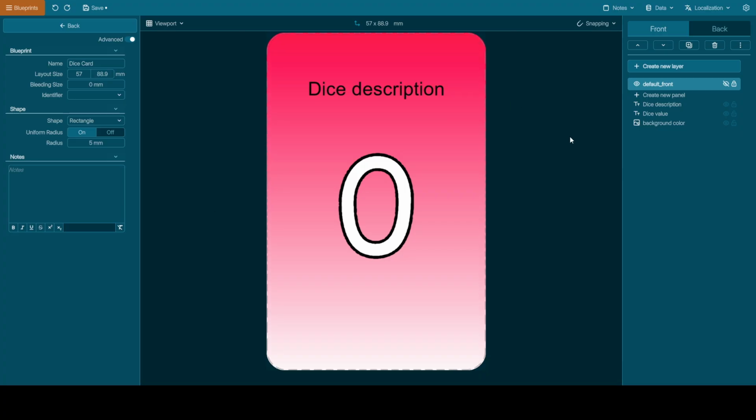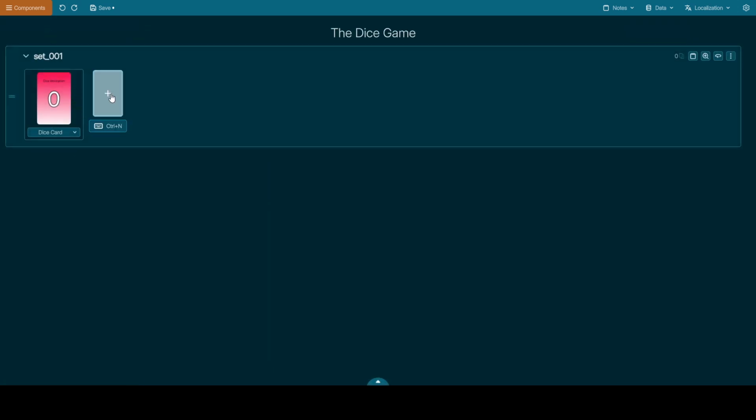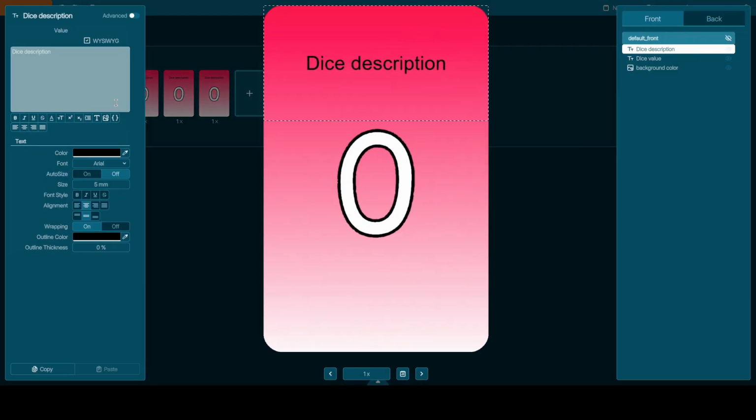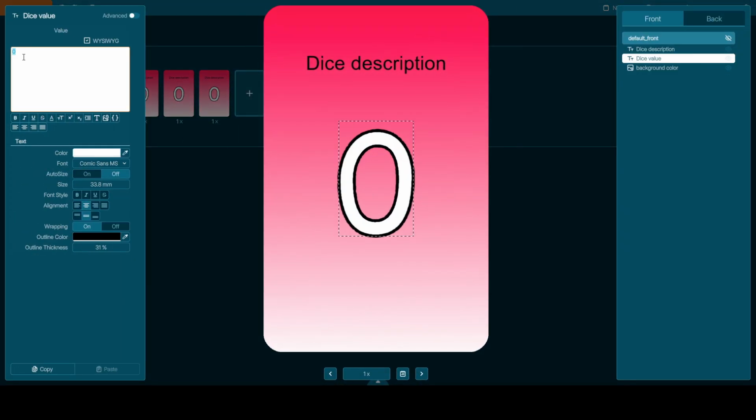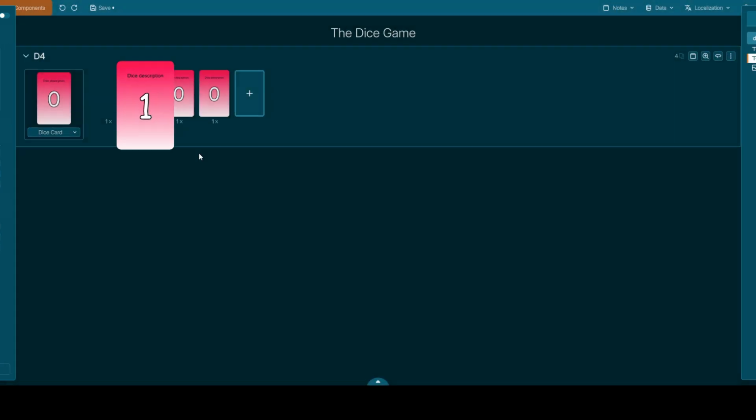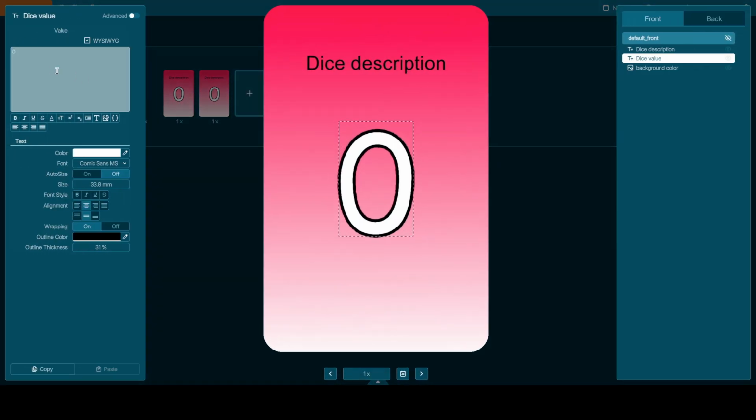Now let's go back, and now we have our information here, and we can start. Let's say that this is the D4 version, so we need 4 cards, like so, and then we can change the values here. For this card it's 1, for this card it's 2.